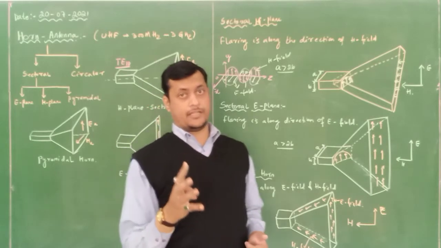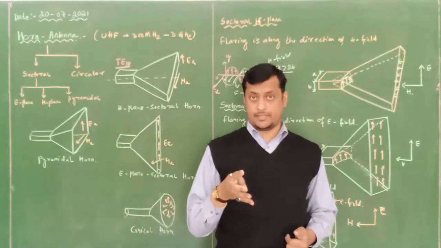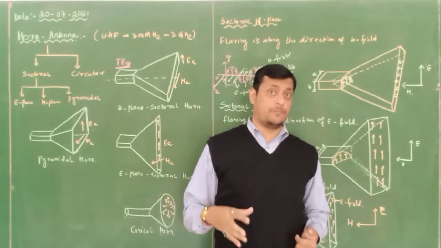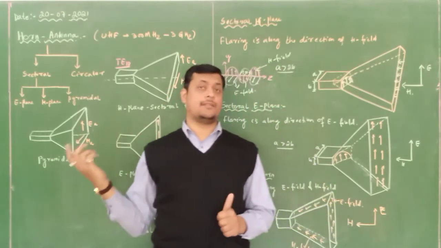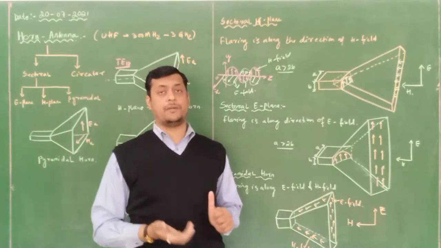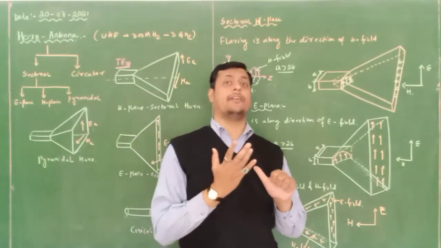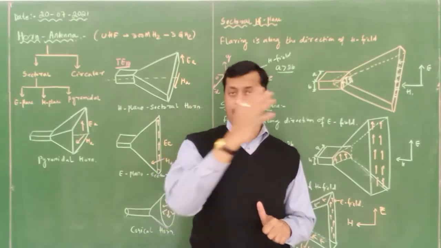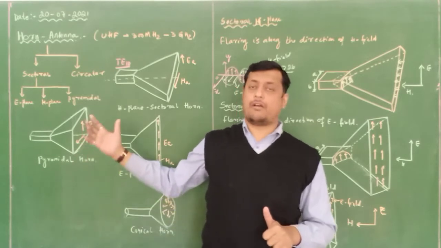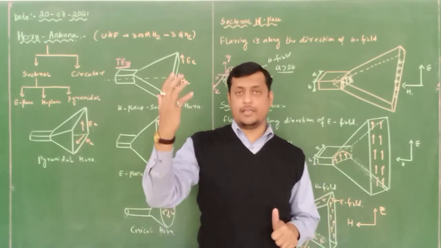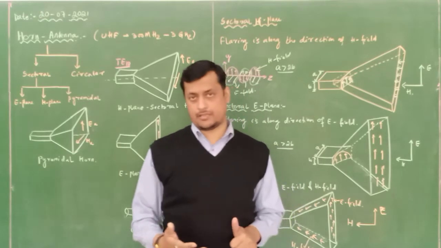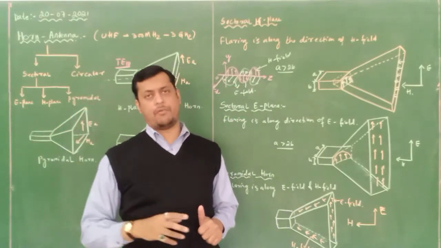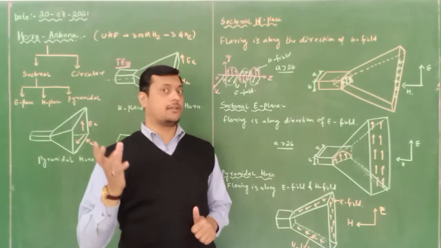Fourth, the most important thing: what is the cross section of that device? Depending on the cross section, the working parameters come into the picture. Directivity, because this is an antenna, so the features will come with respect to directivity, directive gain, intensity. These are the basic characteristics of an antenna that we have read. For the horn antenna also we are going to identify the parameters depending on the construction. So let me first discuss what a horn antenna is, then we will discuss the types of antenna, and then we will go for the calculation.